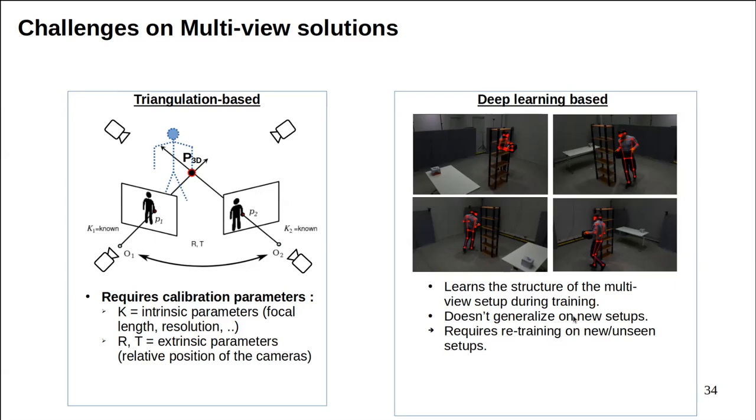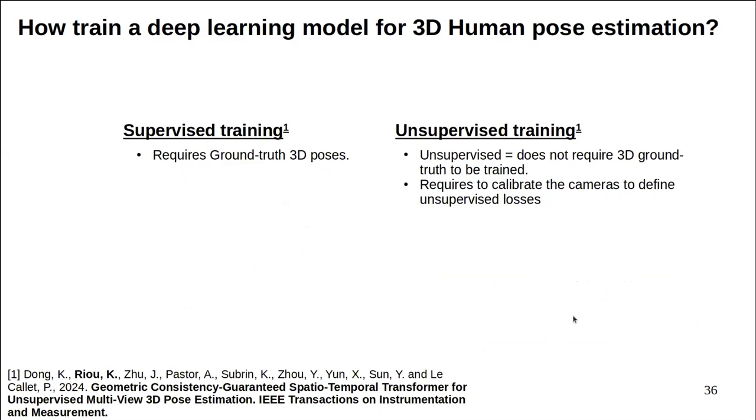And so if you want to deploy your deep learning solution on a new camera setup, for instance, on new camera positions, you would need to retrain your model on this new setup. So why is it a problem? Beyond the computational expense of retraining your model, you also need